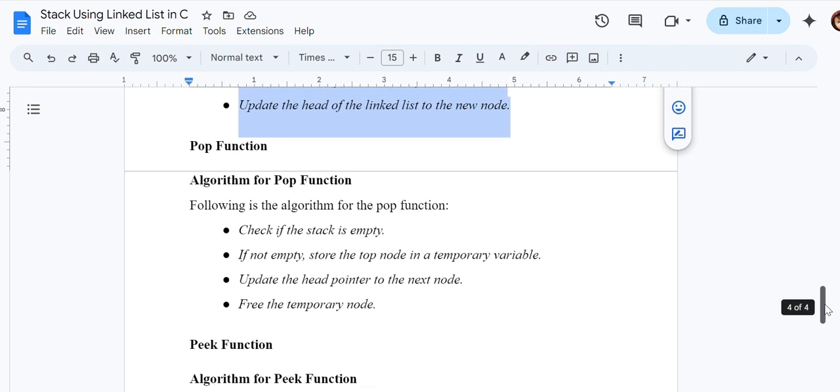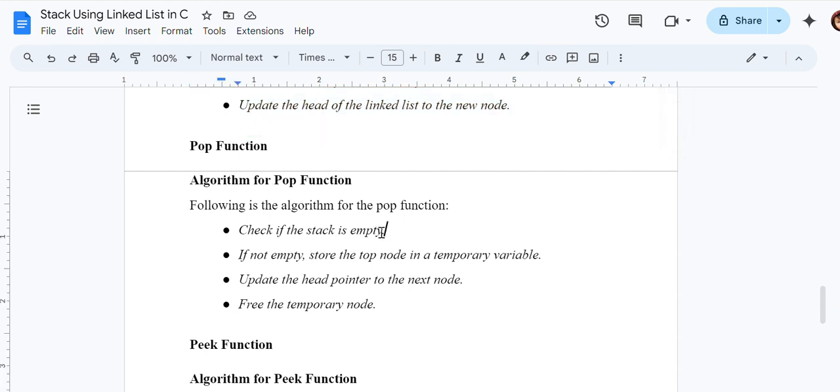Regarding pop, we have to check a condition for deleting. When your stack is empty, I have to stop and say that my stack is underflow. So check if the stack is empty; that is the first step for your pop function. If the stack is not empty, then store the top node in a temporary variable so that I can free up the temporary instead of freeing up the top.